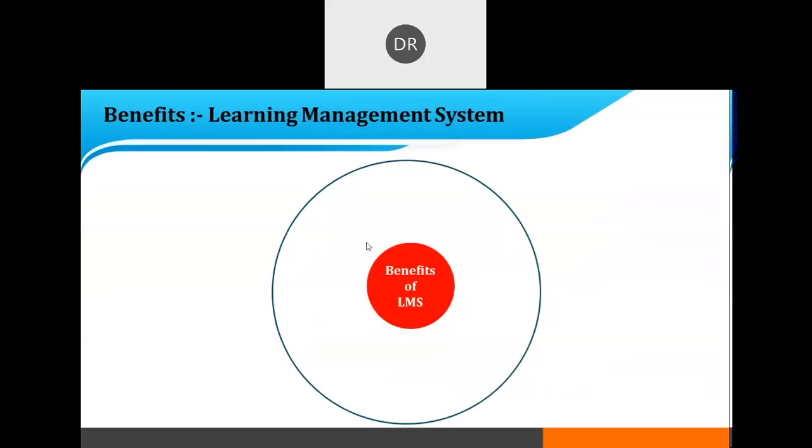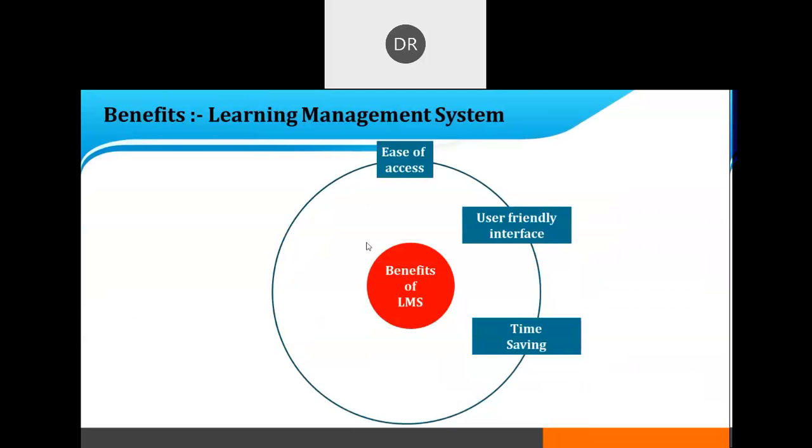Okay. So what are the different benefits of LMS? The first benefit is ease of access. There is no geographical constraint, so any student from any part can access this platform. It's a very user-friendly interface between students, teacher, and the study materials.